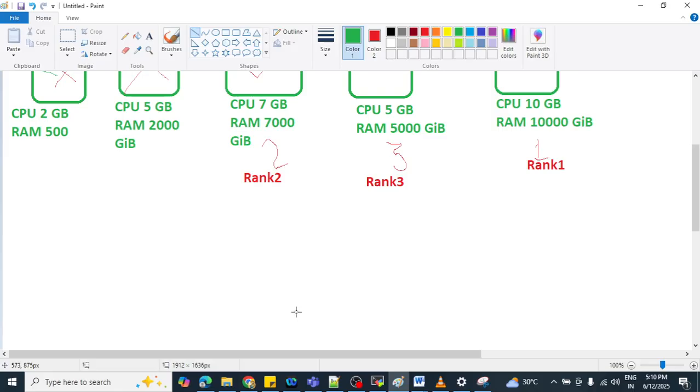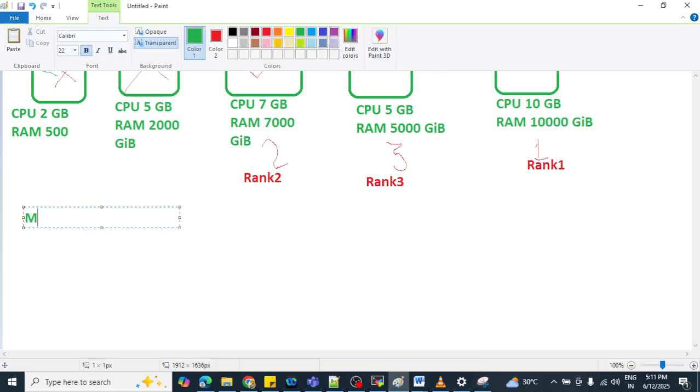Now the next concept is called multiple scheduler. So what is the use of multiple scheduler? Let's understand this multiple scheduler.